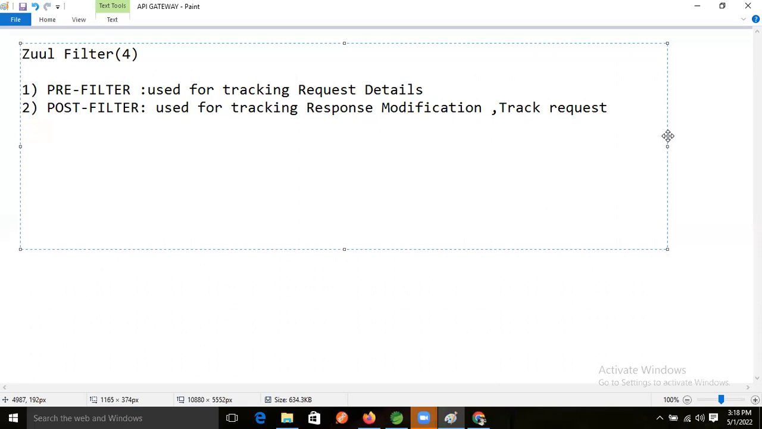Now what is the use of the route filter, I'm just giving, guys. And after that, what about the error filter we